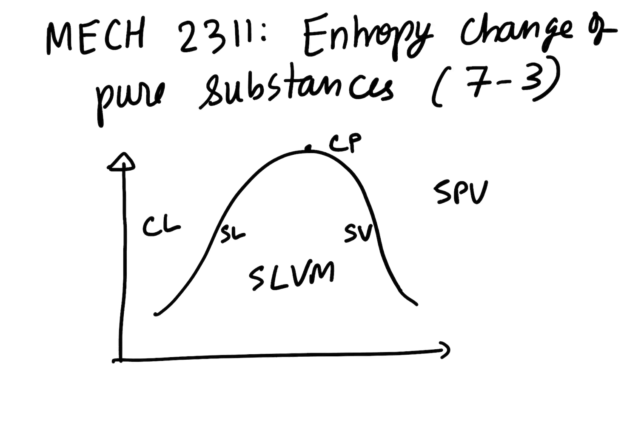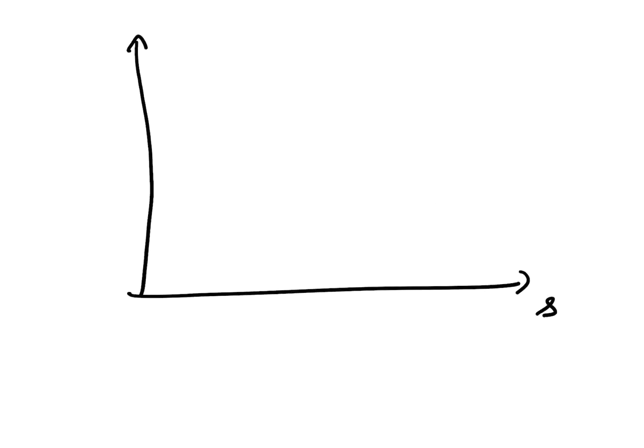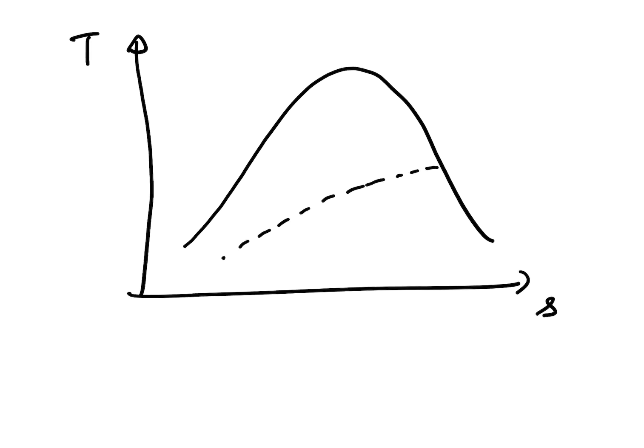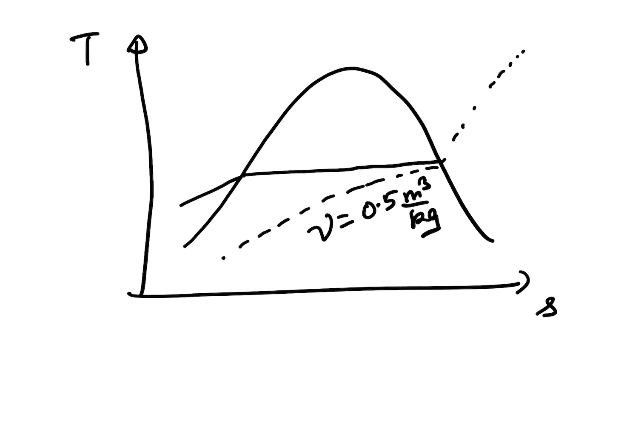You can plot the same curve in temperature-entropy diagrams. That is, you can think of the same T-v diagram in which we plotted the phase diagram, and here we are going to plot it in terms of a T-S diagram, temperature and entropy, wherein a curve of constant specific volume is denoted, and then curves of constant pressure are denoted similar to what they were previously,